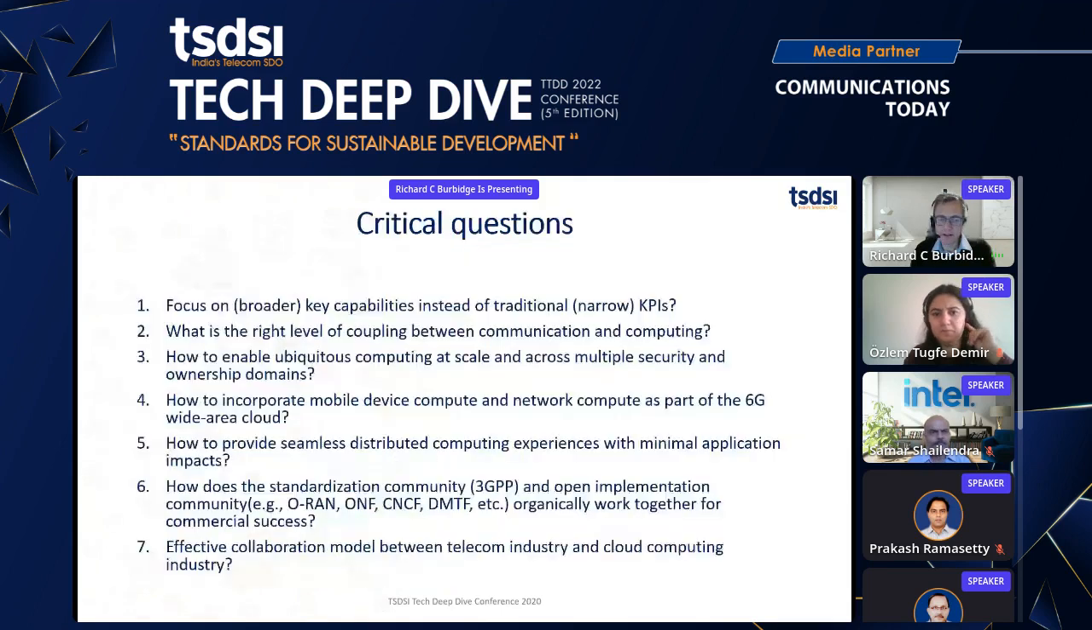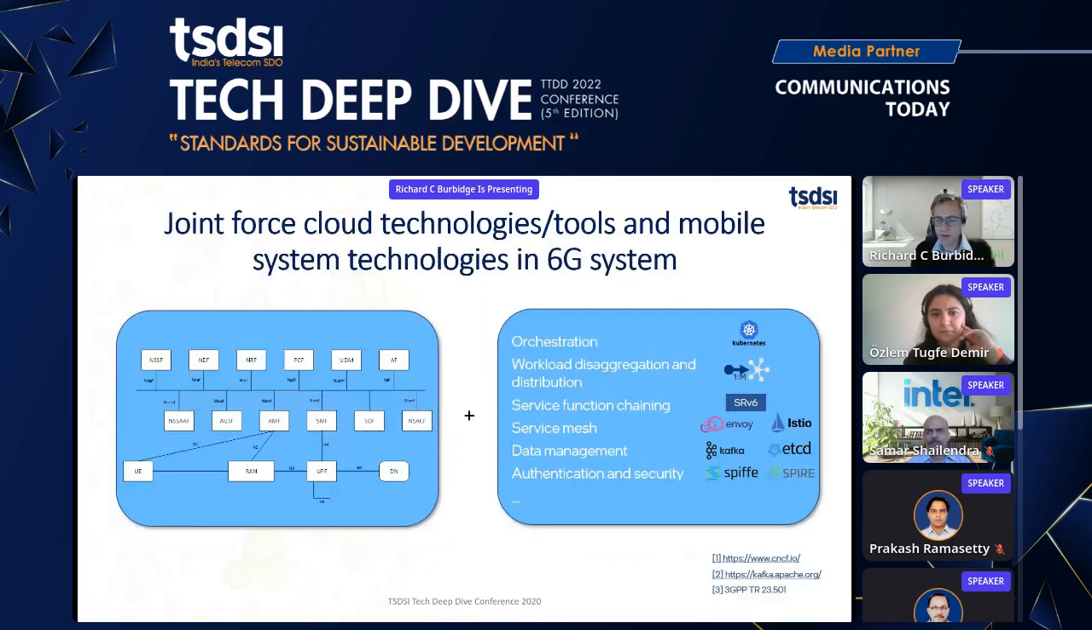Okay, let's move on. So, let's move 2 slides at once. The 6G ubiquitous computing that I've been trying to explain in the previous slides is really the coming together of 2 different worlds. We have the mobile systems world, which is the one that I come from, and also the cloud computing world. These 2 worlds are going to need to work together as a joint force, of both the cloud computing technologies and the mobile system technologies,